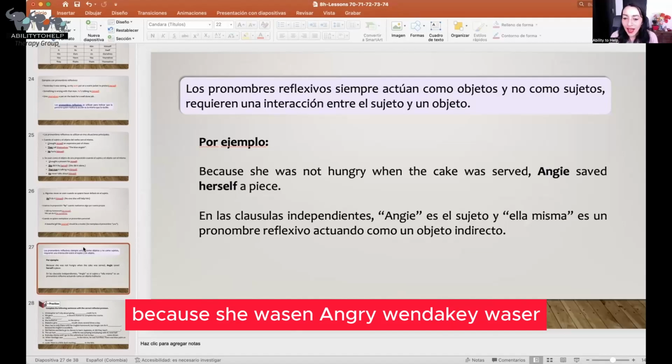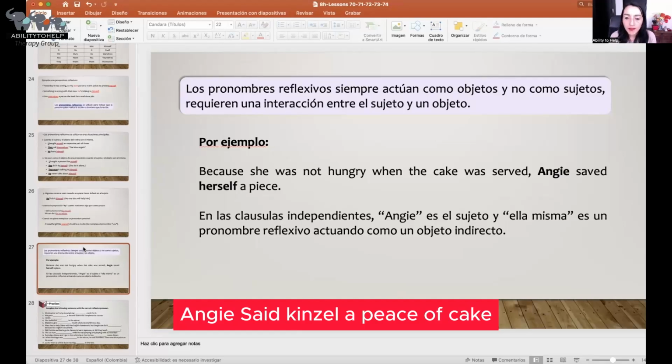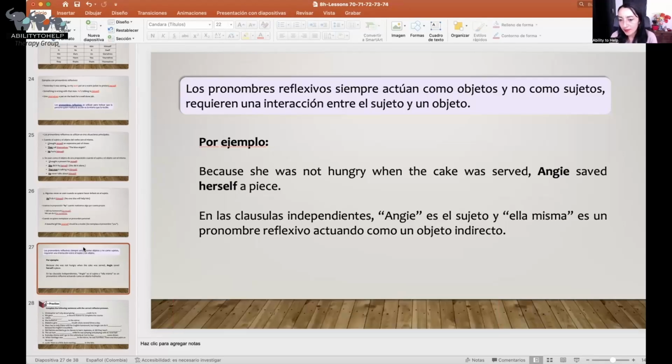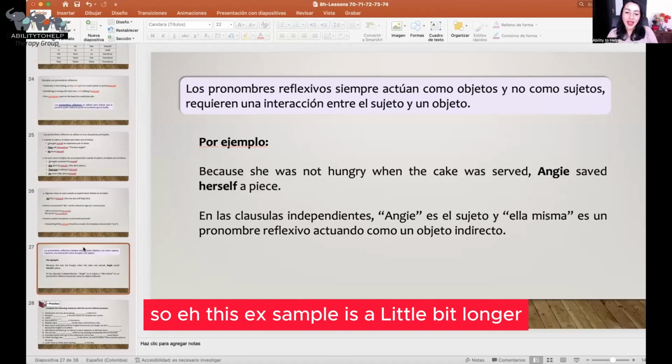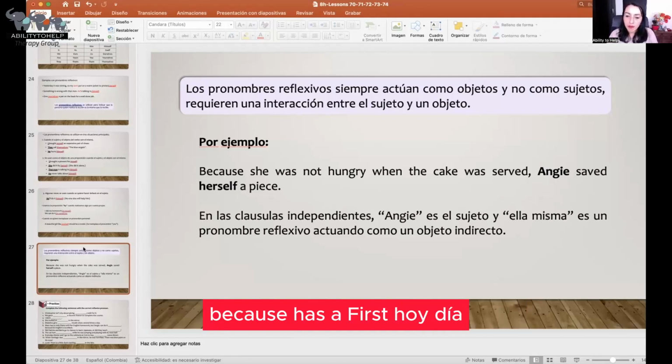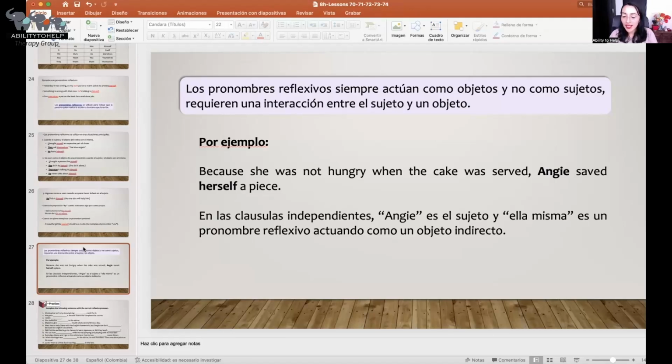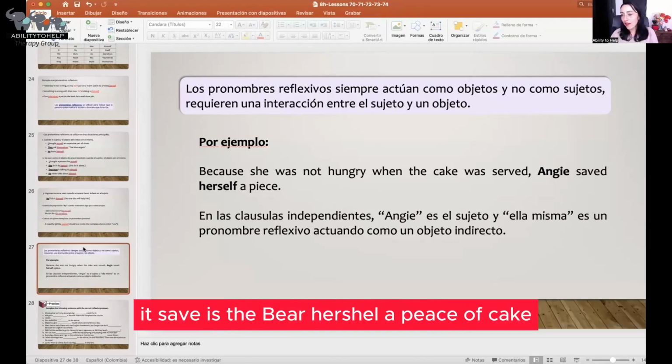Because she wasn't hungry when the cake was served, Angie saved herself a piece of cake. So, this example is a little bit longer because it has a first idea. So, let me explain the situation. Because she wasn't hungry when the cake was served, Angie is the subject, saved is the verb, herself, a piece